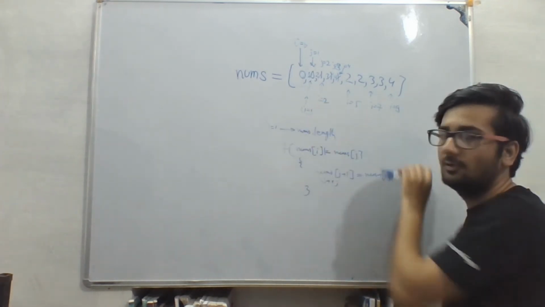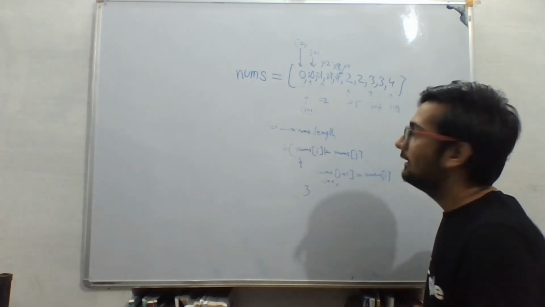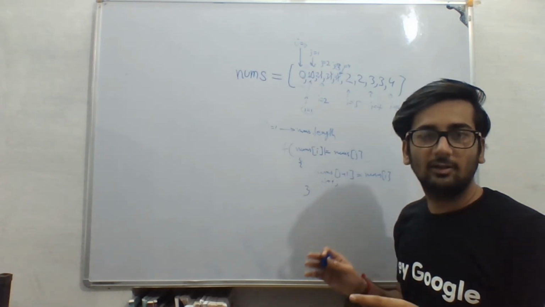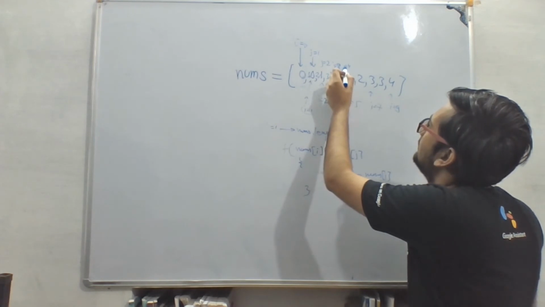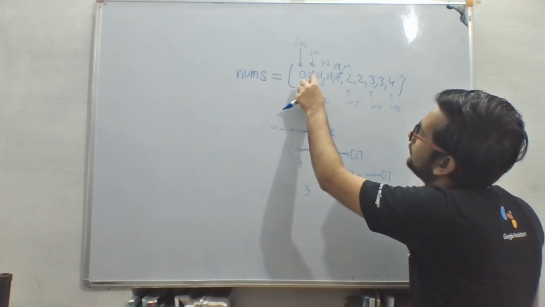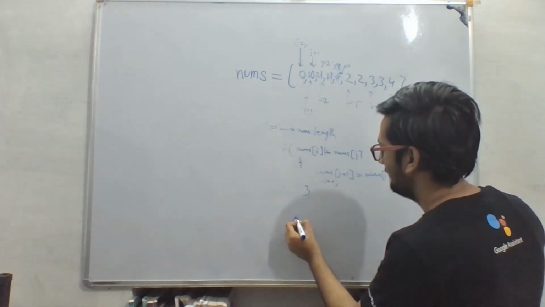After this iteration is over, the value of j will be 4. According to the question we have to return the length of that final array. The length of the final array will be j plus 1, that is 4 plus 1, 5. We can count 1, 2, 3, 4 and 5. So at last we will return